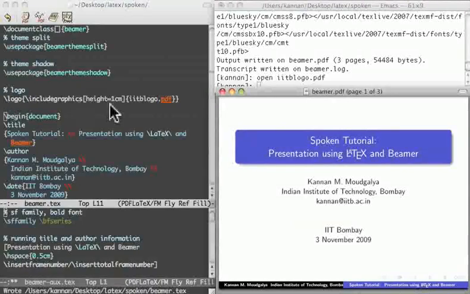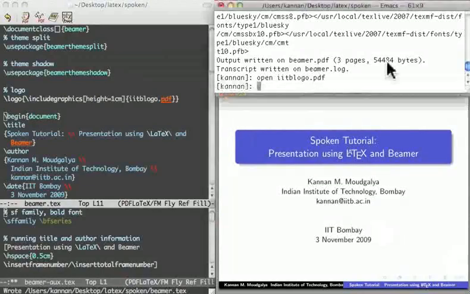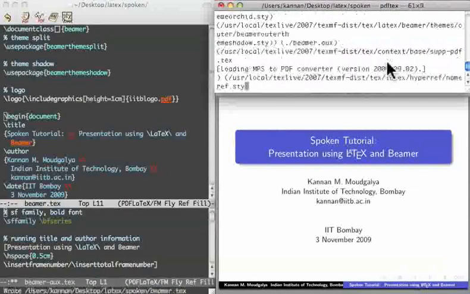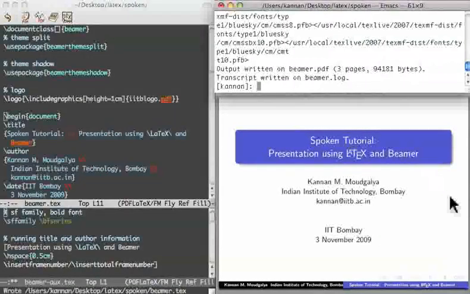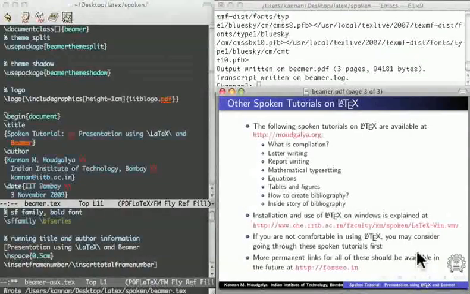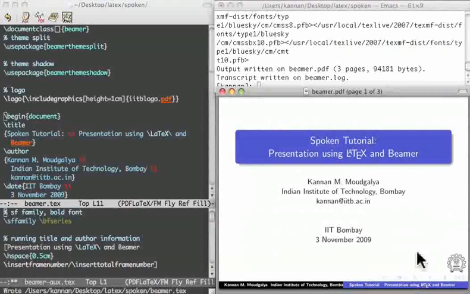On including this logo command of height 1 centimeter, it is going to come in this corner. Let's see what it looks like. Let's click this. You can see that the IITB logo has come. Now this is going to come on every page from now on. Alright, next we will